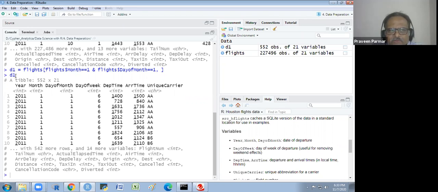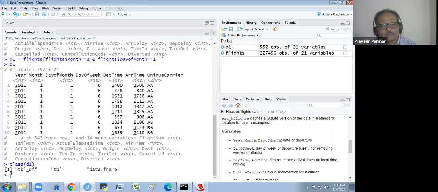If you see the class of D1, what is the final class? Third one. Finally, it is a data frame. It is a combination of the table and these all things. So it saves our time. So we are using this.